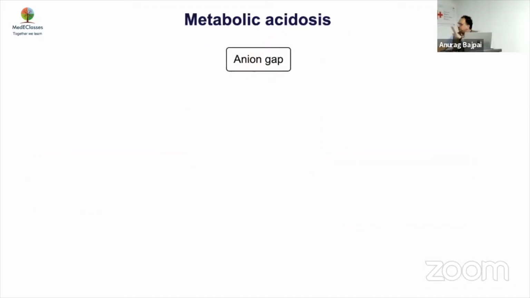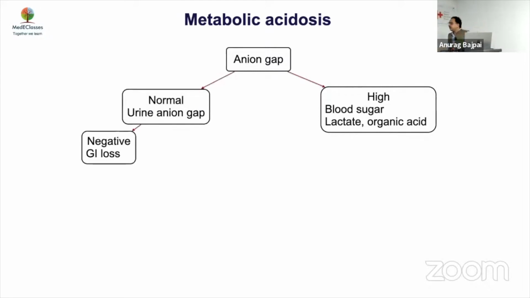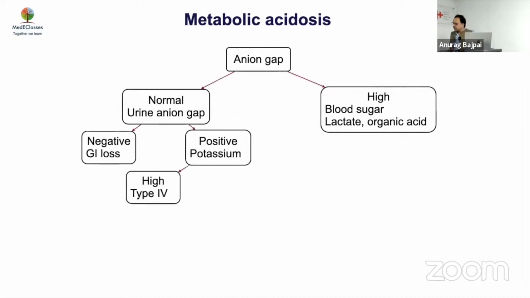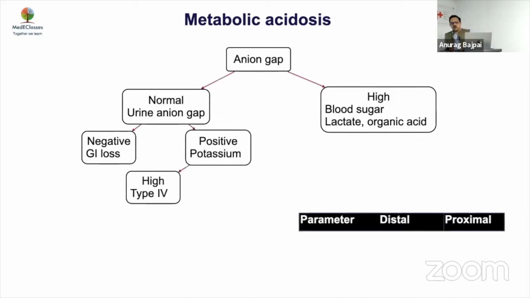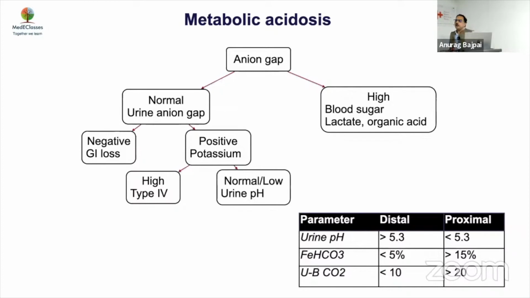So now the approach is very clear. Look at anion gap high, look at hyperglycemia, diabetic ketoacidosis, lactic acidosis, organic acidemia. Normal, look at urinary anion gap. If it's negative, it's a GI loss. If it's positive, look at potassium. High potassium is type 4 RTA, rare. Otherwise, look at urinary pH, fractionation of bicarbonate, and U2BCO2, which will give you whether it is a proximal or